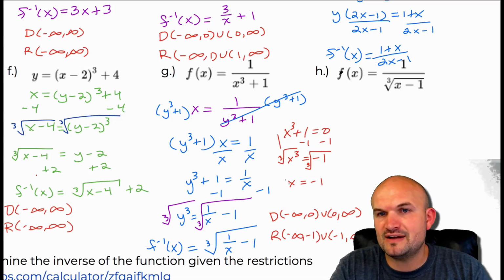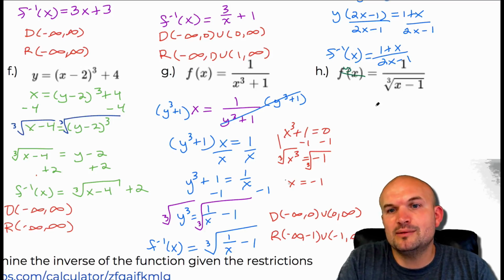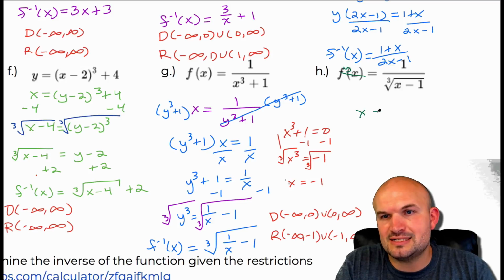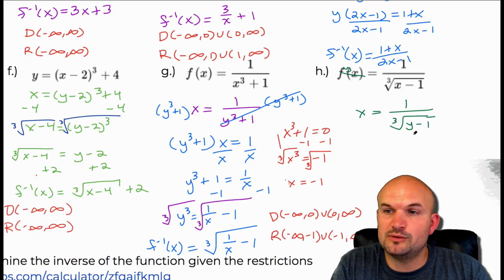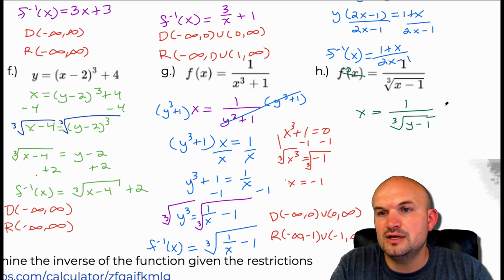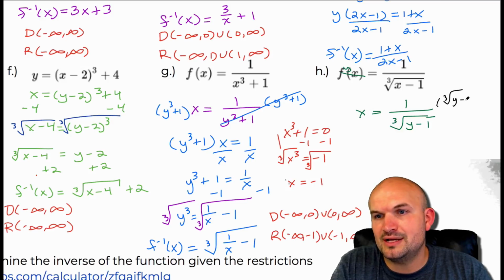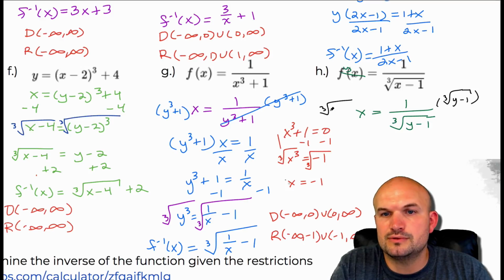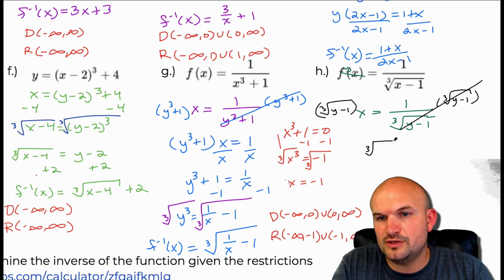So we replace f of x with y, swap the variables, and we're left with x equals 1 over the cube root of y minus 1. We have a variable in the denominator that we're trying to solve for, so let's multiply by the cube root of y minus 1 on both sides. Those divide to 1, so therefore I'm left with the cube root of y minus 1